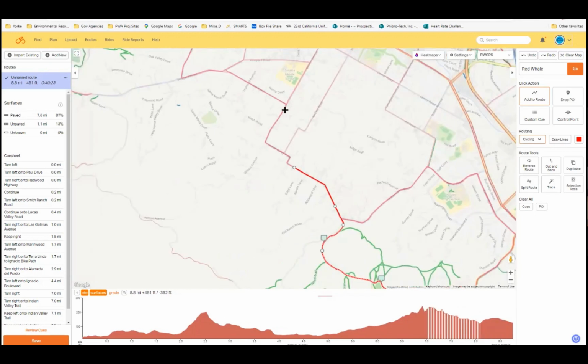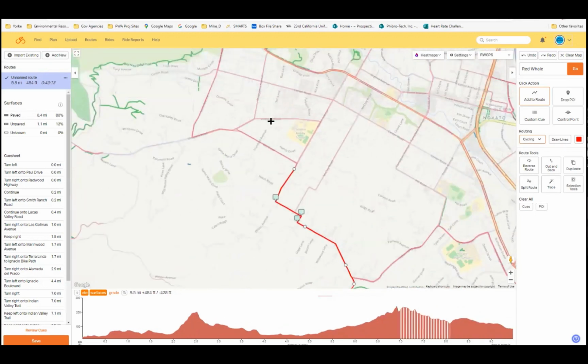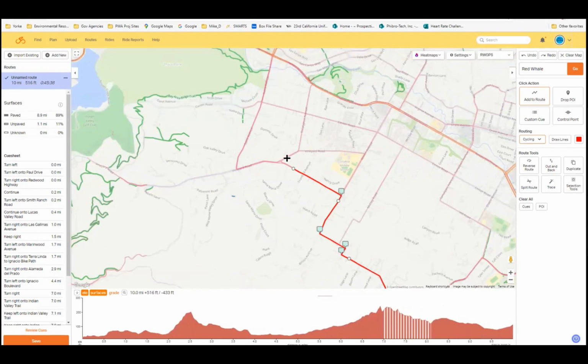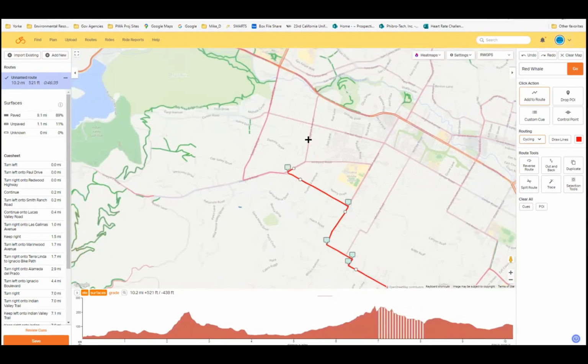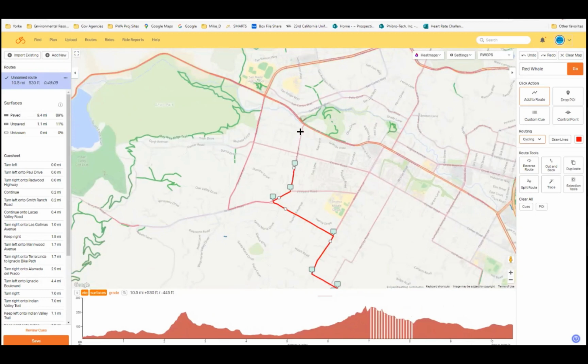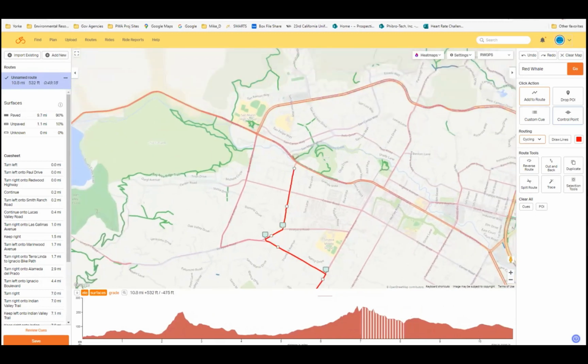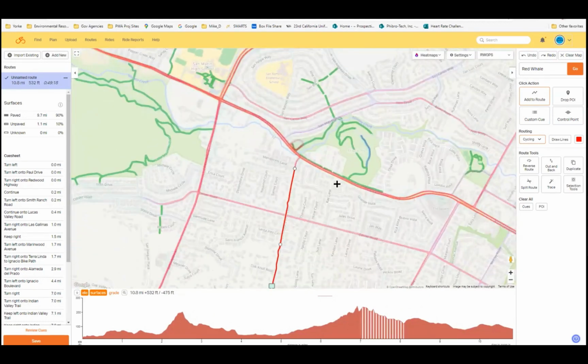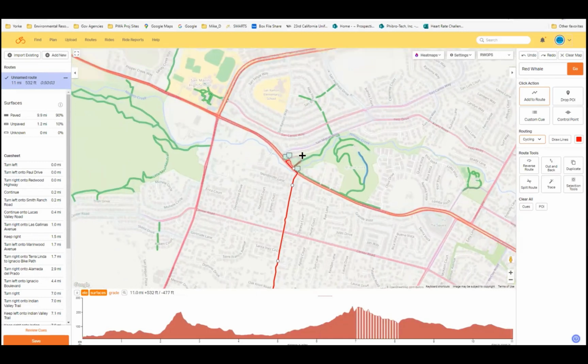So I'm going to continue plotting this like DJ would, and then in order to get a marker into Miwok Park, I'm going to zoom in just to make it a little bit easier. And then here's where I can add a